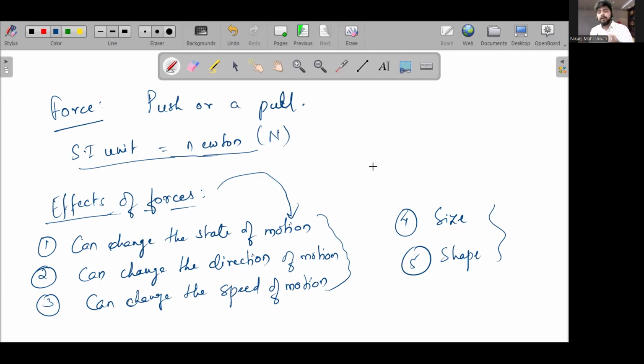Let's bring in the object. So you can all see this object on my hand, right? It is at rest. It will remain at rest throughout its life until I start disturbing it with a force, and the force could move it. That means you require a force to move an object, right? Now you might say, sir, this is very obvious. Why are you telling all these things? Come to the point. Let's discuss Newton's laws of motion.